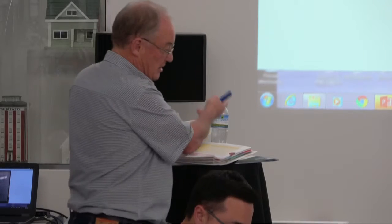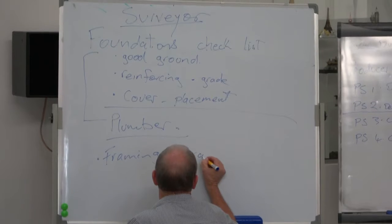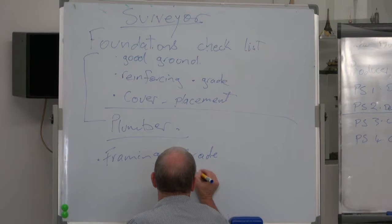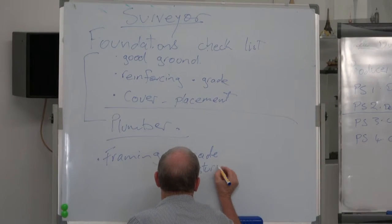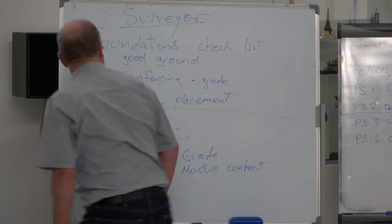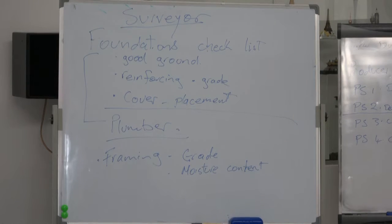You'll get your sizes, you'll get the timber framing sizes. I haven't got time to go through all of that. It's a whole separate discussion all on its own. So the framing, and it's the grade. Another one is moisture content. And follow, if you are building out of this book, which is the most common book, then follow exactly what